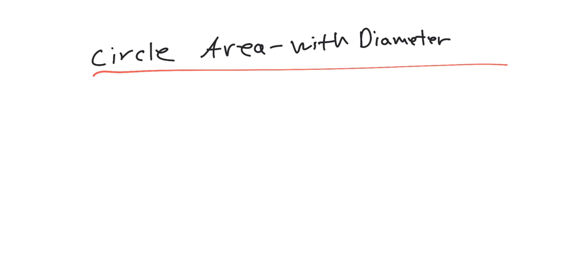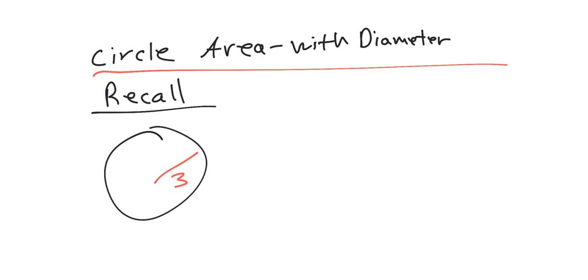So now what we're going to do is work on calculating the circle area given that I have the diameter. So let's quickly recall what we were doing before. When we had a circle that looked like this